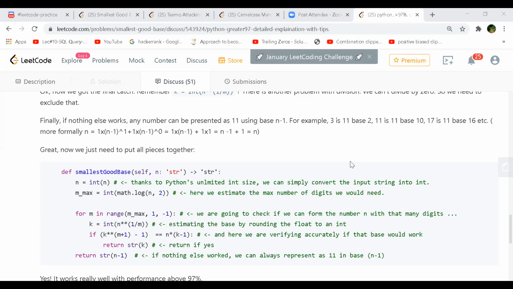So I was trying to convert into bits and see wherever my last bit ends, and trying to convert it to a power of 2. That way I was trying to go for it. But if you look at the way he's doing here, it's almost the same, log of n to the base 2, right? So you get the m max, and from m max you go and calculate your k. That makes more sense. Yeah.